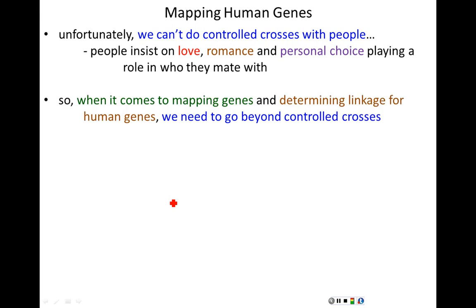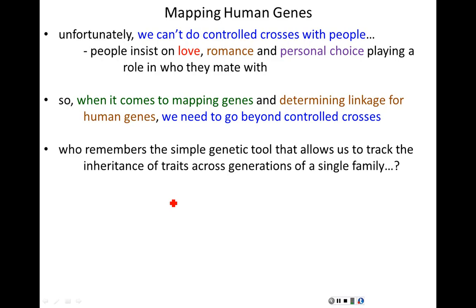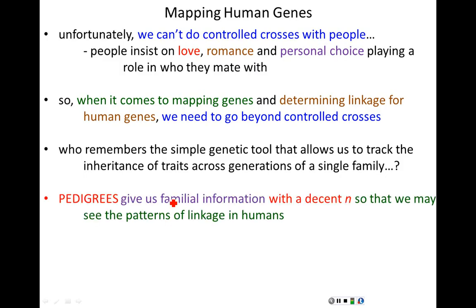So when it comes to mapping genes in the human genome and determining linkage patterns for human genes, we need to go beyond this idea of controlled crosses, test crosses, etc. Who remembers the simple genetic tool that allows us to track the inheritance of traits across generations of a single family? I even just said it a minute ago. That's what pedigrees are. Pedigrees give us the familial information across many different generations with a decent N, because we're looking at so many people,